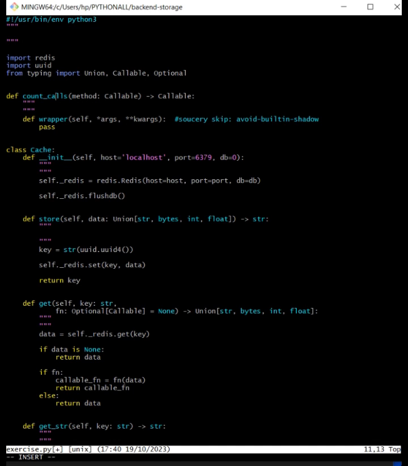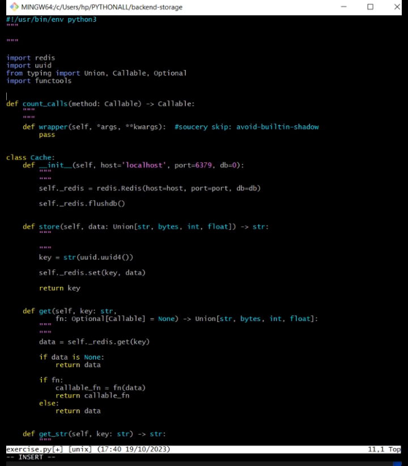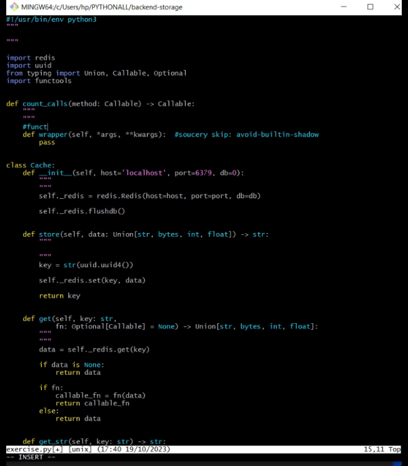Okay. We need to import functools. Wrap methods. Don't explain this right now, but you can also think about it. And then